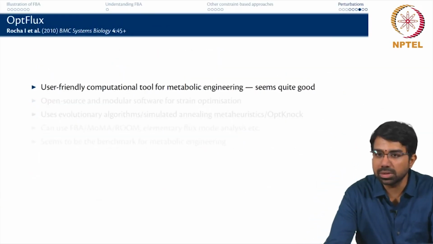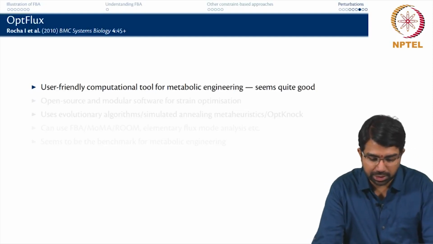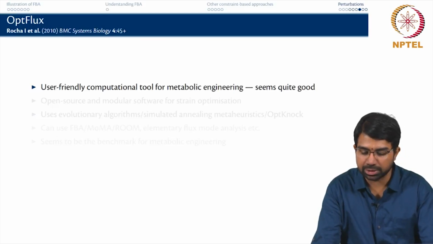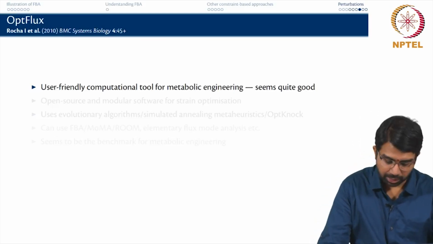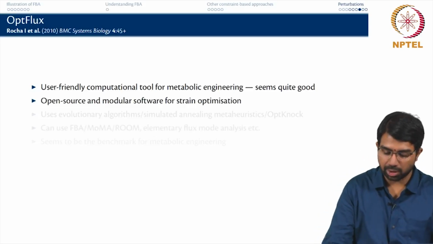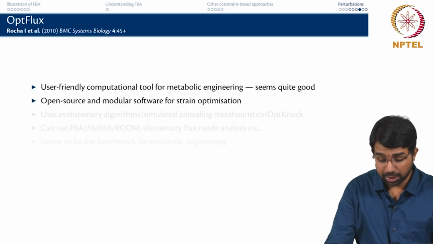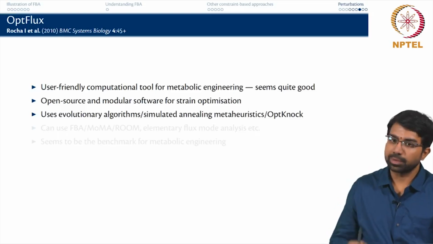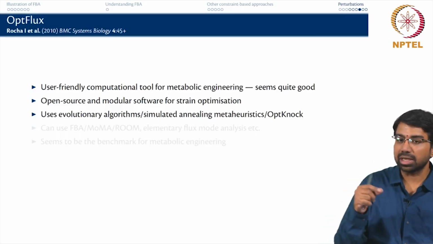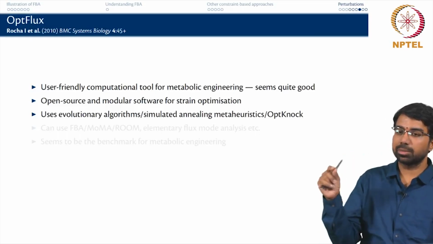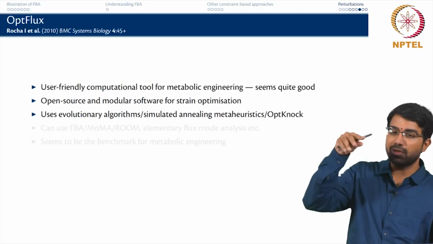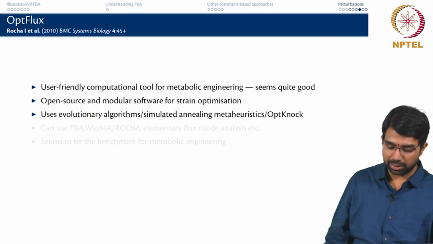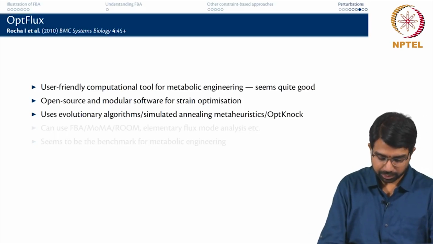So, there are some very nice tools that are useful for these kinds of studies. There is OptFlux, which is a very user friendly computational tool for metabolic engineering. It is an open source and modular software for strain optimization. It also uses simulated annealing and evolutionary algorithms to optimize the genotype. It basically tries to do a search in genotype space. The optimization is essentially on the genotype. Can I find the best genotype that has my interesting phenotype,